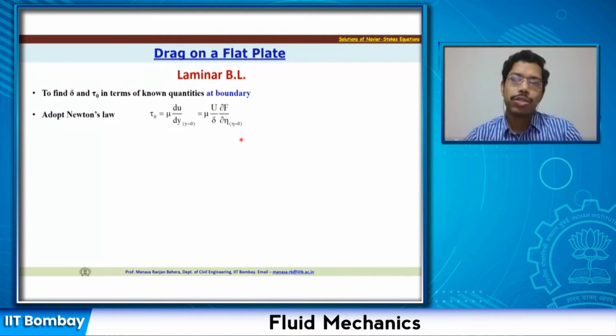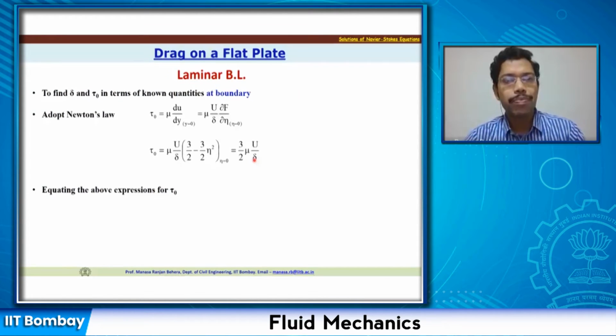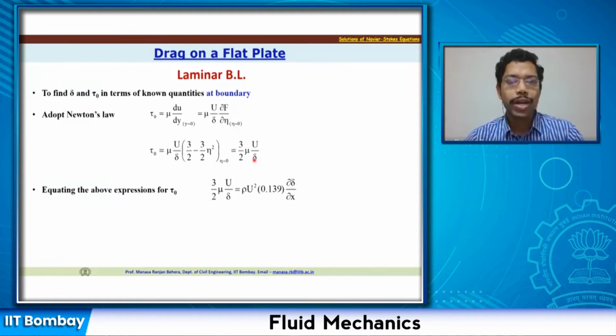Okay, so now solving this, if we write down, we will get this expression, and that is going to give you 3 by 2 mu u by delta. Now equating this expression which you have derived for the above equation that we already derived for tau, that is with a coefficient of 0.139, we could write down 3 by 2 mu u by delta is equal to rho u square 0.319 dou delta by dou x. Now simplifying this, we can write down